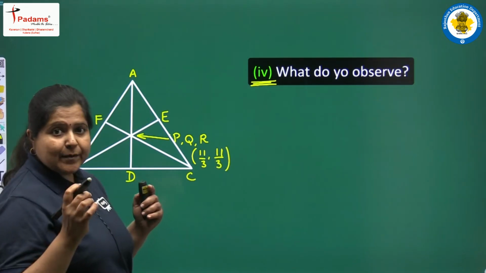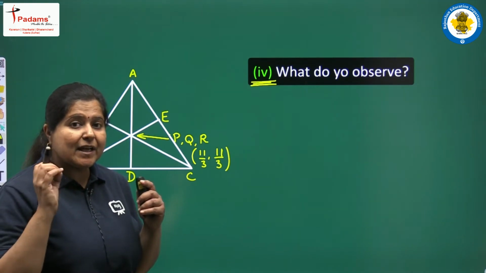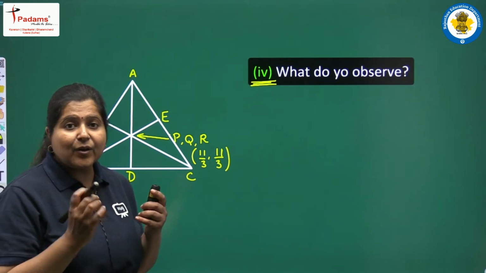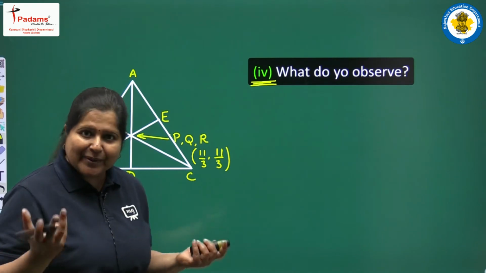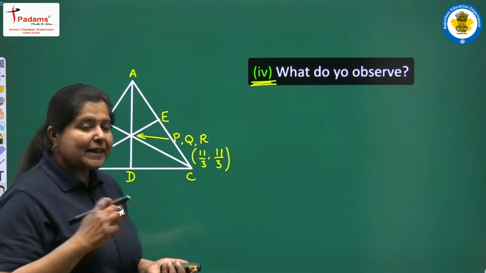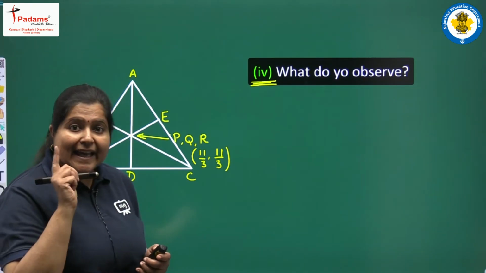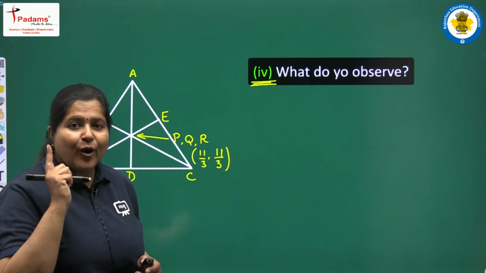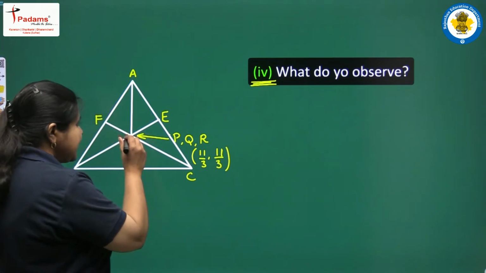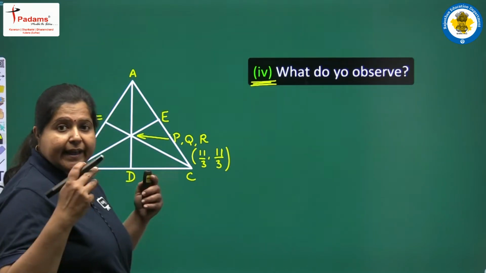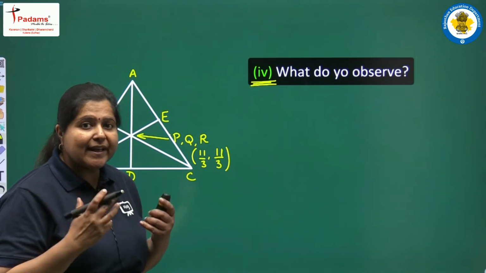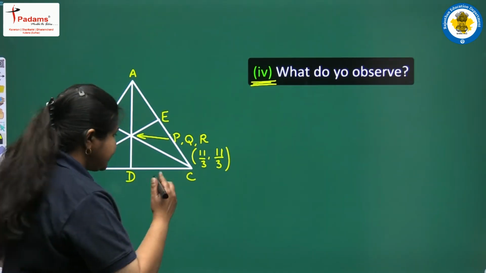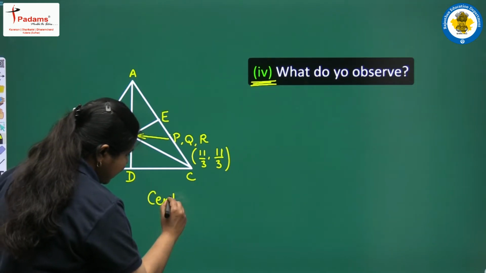तभी तो तीनों पॉइंट सेम है, तीनों के कोऑर्डिनेट सेम है, इसका मतलब क्या हुआ, तीनों पॉइंट्स अलग अलग ना होकर के बिल्कुल सेम पॉइंट है, तभी तो कोऑर्डिनेट सेम है। और इसका मतलब तीनों मीडियंस जो हैं एक ही पॉइंट से गुजर रहे थे, और ये जो पॉइंट है जहाँ से तीनों मीडियंस एक दूसरे से इंटरसेक्ट करते हुए गुजर रहे हैं, इस पॉइंट को हम कहते हैं सेंट्रॉइड ऑफ द ट्रायंगल।